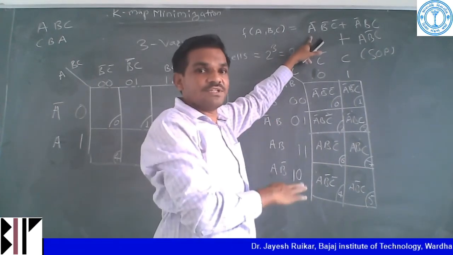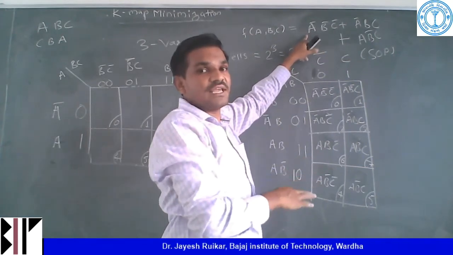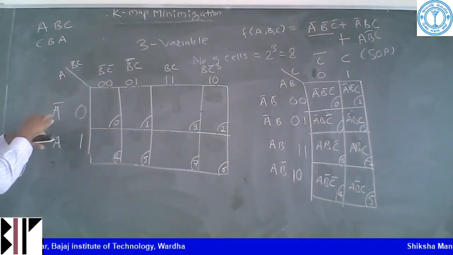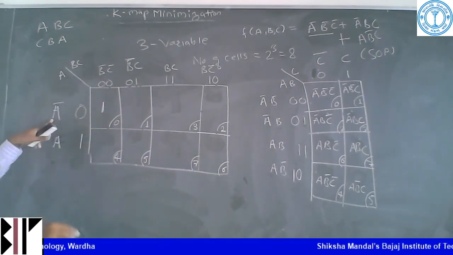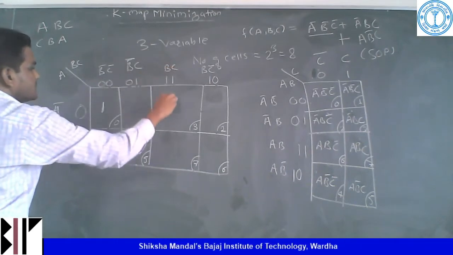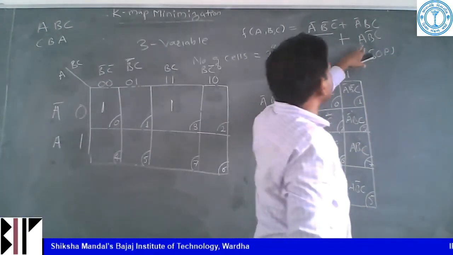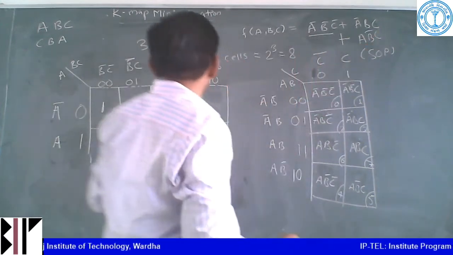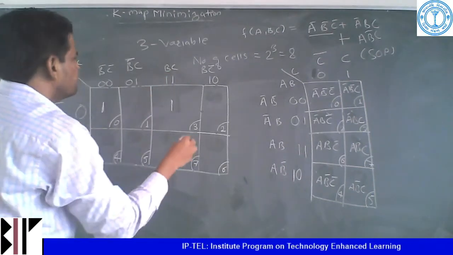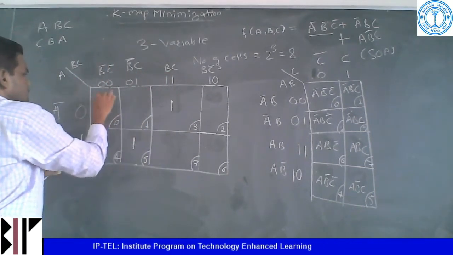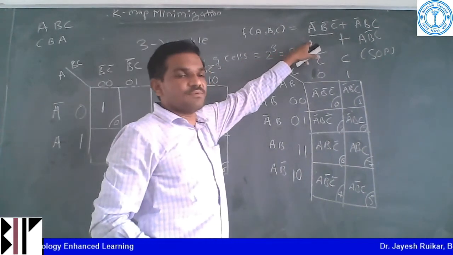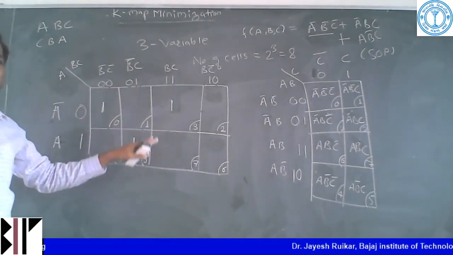I will explain the representation, or putting the values, on the K-map. So A bar, B bar, C bar: for this particular set I am putting 1. This is my A bar, this is B bar, C bar, so this is 1. Next one is A bar, B, C. Here A bar is there and then B, C, so here 1. Then third is A, B bar, C. This row is A, and then next B bar C, so this is B bar C. I kept 1 in each of these cells, since the function is in SOP form.